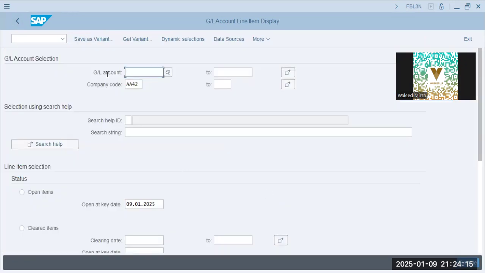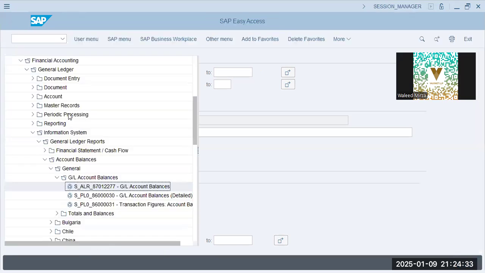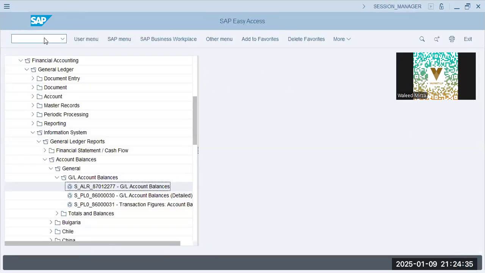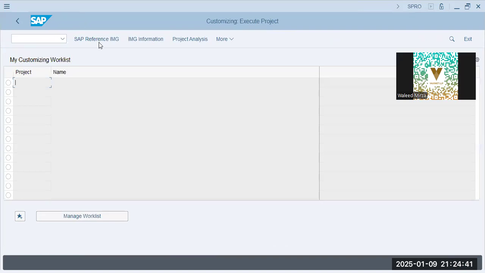What we are going to create: a company code, a chart of accounts, and GL accounts. Plus, we are also going to introduce fiscal year and posting period variants, because this is also part of the ERP systems. Okay. So now that we have understood the basic workflow, now we'll configure our first unit, which is